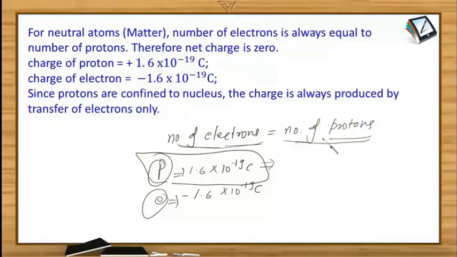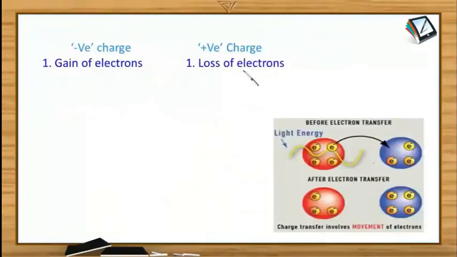of charge. As we know, protons reside inside the nucleus and they are tightly held together with the help of the nuclear force, which is very strong. It is the strongest force of nature, so there is no chance of a proton coming out of the atom. So it is only electrons, and because of the transfer of electrons only, charged bodies are created. Suppose one object gains one extra electron, then it gets negatively charged, and one that loses the electron gets positively charged. So the gainer of electrons gets a negative charge and the loser of electrons gets